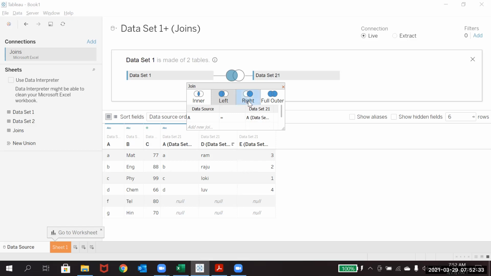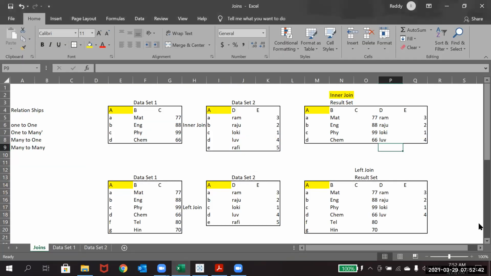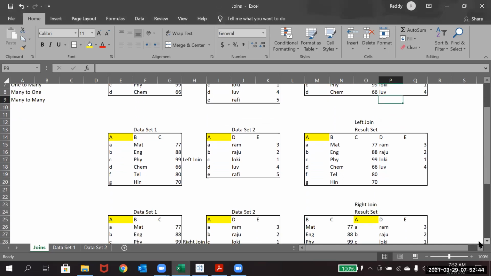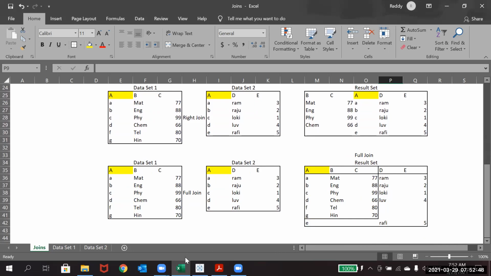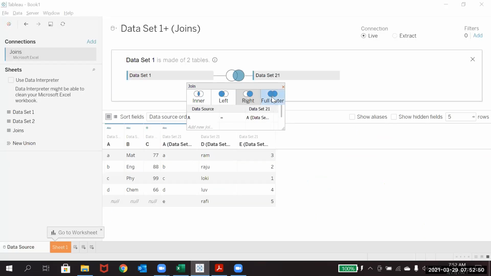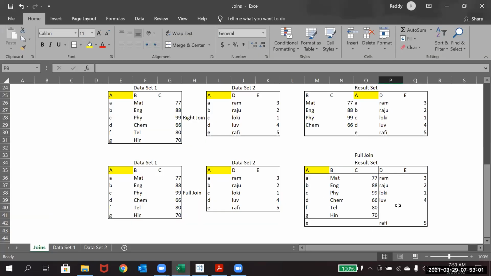For the right join, if you want to do it, you can just click on it and it will perform the right join. See, the same result you can compare in the Excel also, how the result looks. Now we will see the full join. The same result is coming in Excel also.